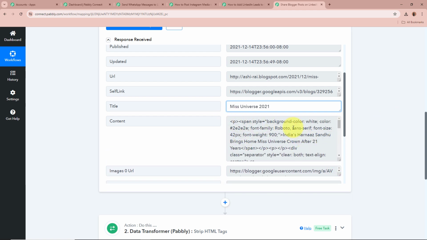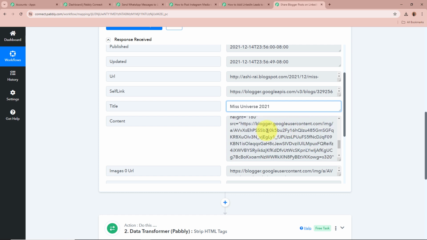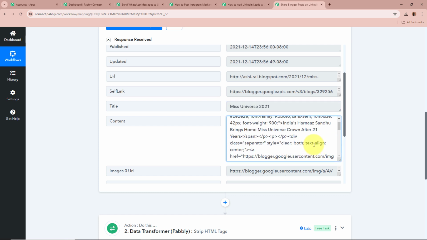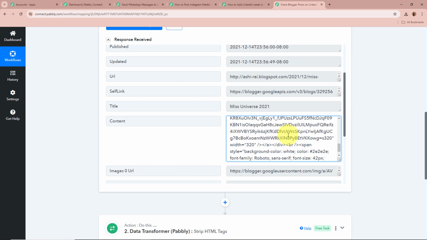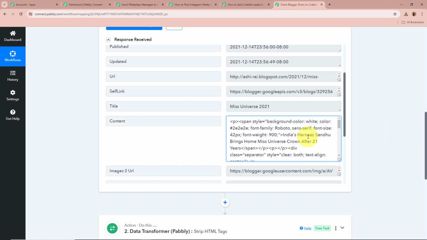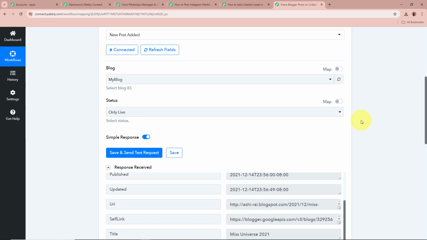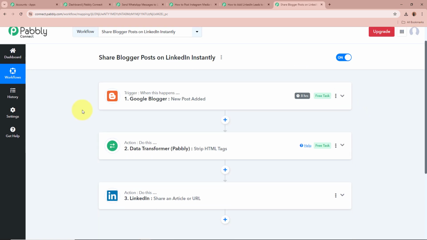And as over here in the content, you can see that we have received the response with HTML tags. You can see there are multiple HTML tags over here, and we do not require the HTML tags in this content right over here. So what we have done is we have set up, but before that,